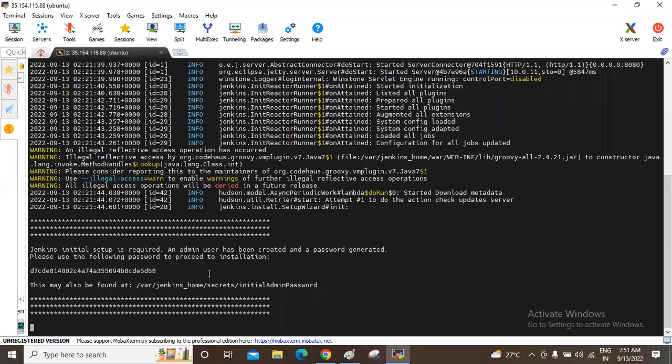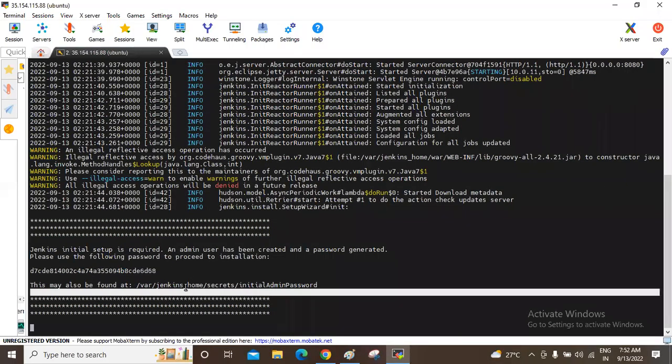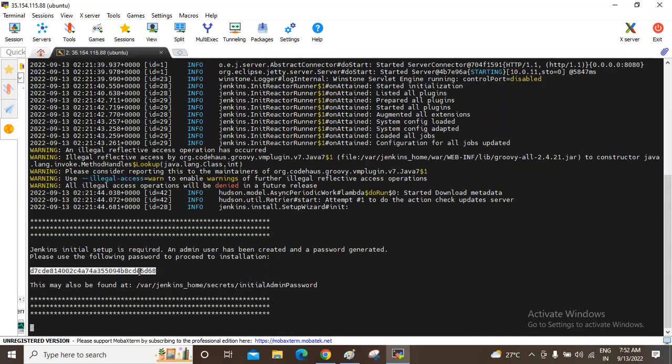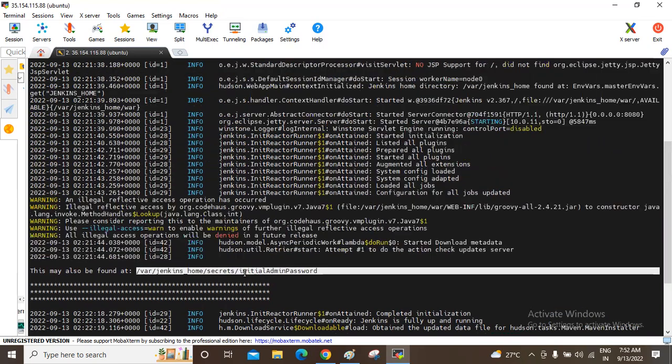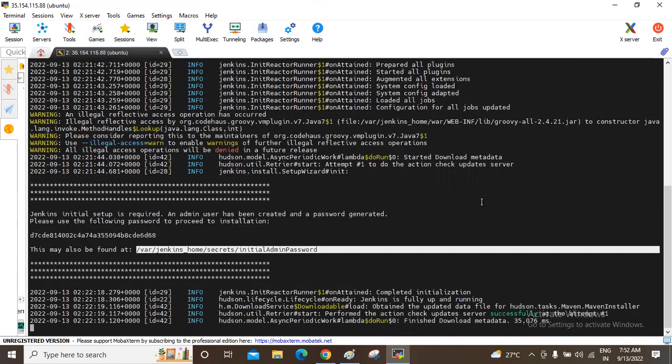So if you install Jenkins using non-dockerized steps, you will get the same output. It will tell you that if you want to proceed, you have to copy this password and paste it into the Jenkins homepage, right? Likewise here, this path has been given, and we have to go inside the container. That we will see later. Our instance, we have seen yesterday, we have access to Jenkins also.